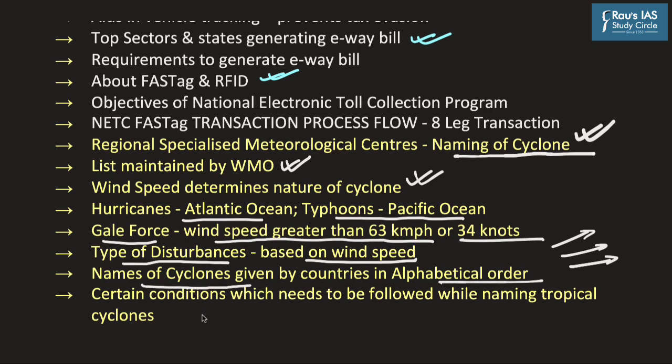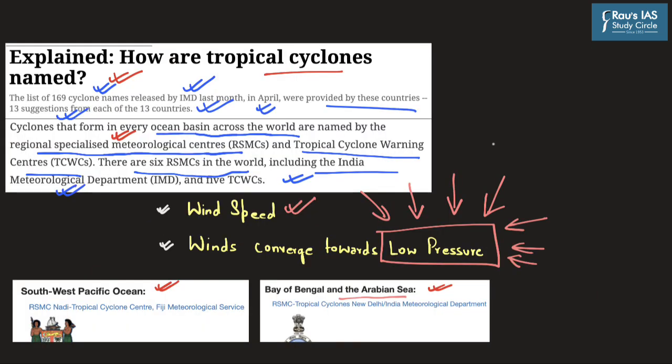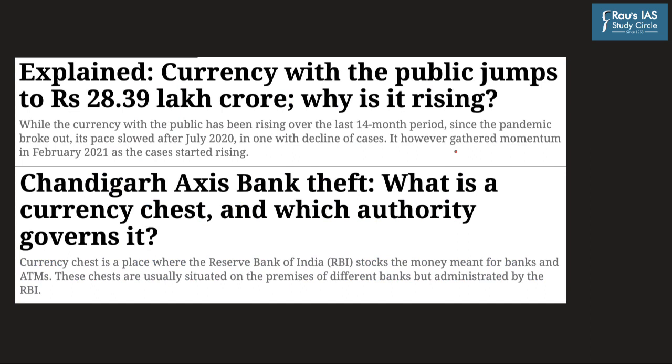And lastly, we also studied certain conditions which must be followed while naming these tropical cyclones by the 6 regional specialized meteorological centers. So after this very important discussion on naming of tropical cyclones, let's move to the next article of discussion. Now in our next discussion, let's take up these 2 articles appearing in the explained section of